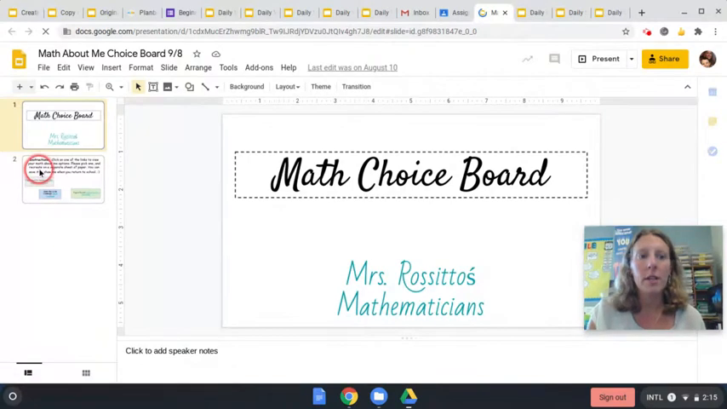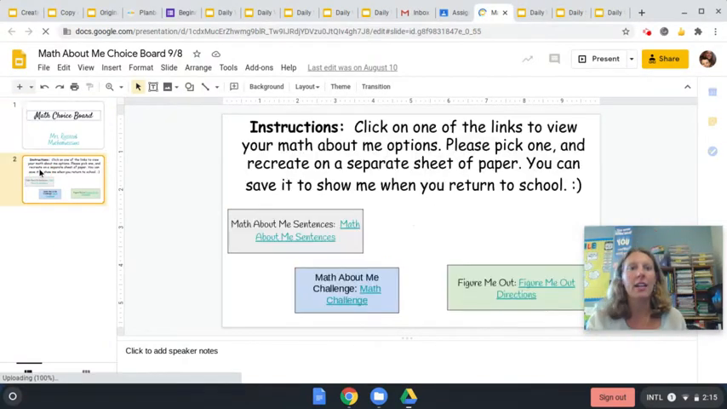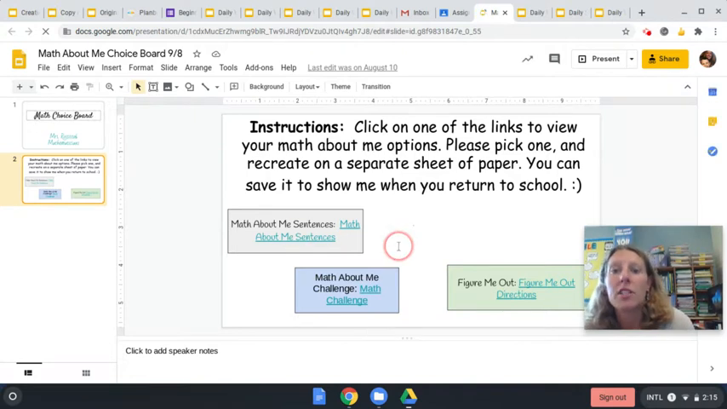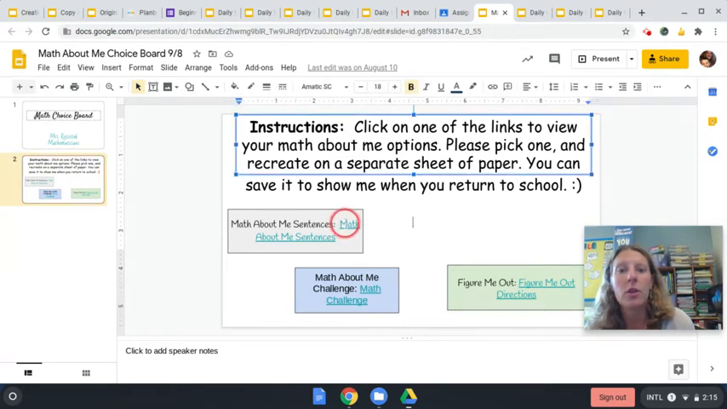Okay, so I'm just going to click on the next slide, which has the directions. Click on one of the links to view your Math About Me options. Please pick one and recreate on a separate sheet of paper. You can save it to show me when you return to school. So there's Math About Me sentences. So if you click on the underlined part, now that this is being slow,